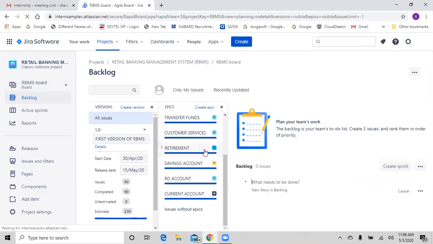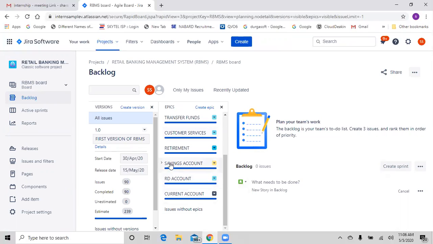So can you see my screen, Dilip? Yeah, I'm able to see your screen. Karthik, how about you? Yeah, I can see that, Sharon. So this is the screen we have completed. We have moved all the user stories to completion level.